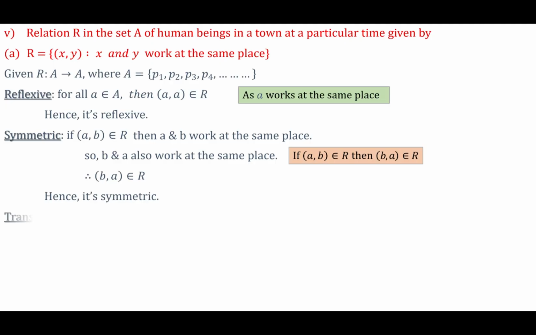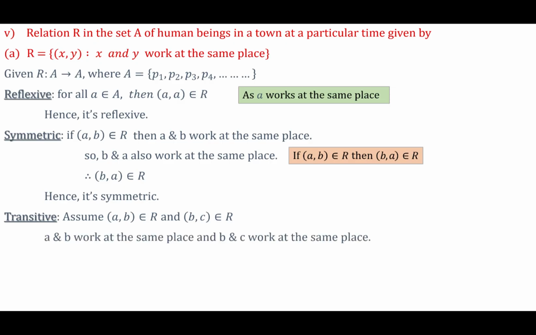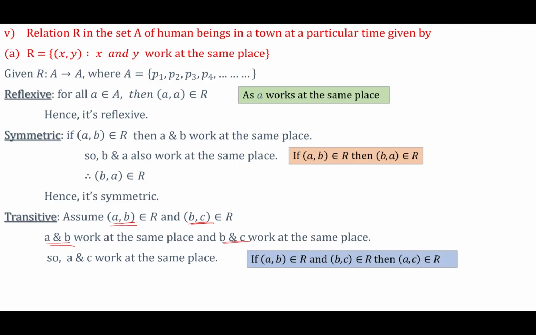Now transitive. Assume (A, B) belongs to R and (B, C) belongs to R, which means A and B work at the same place, and B and C also work at the same place. Because (A, B) belongs to R, they work at the same place, and (B, C) belongs to R, which means they work at the same place. The meaning of this is A and C also work at the same place, which means the transitive relation says